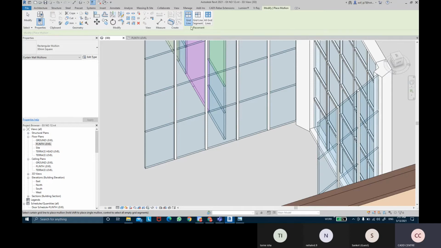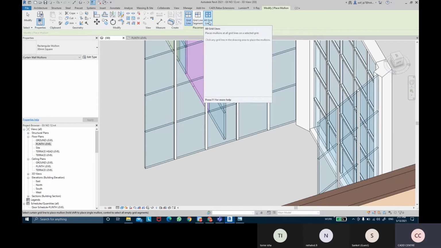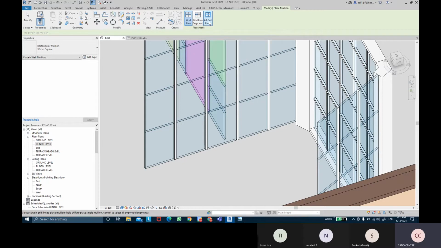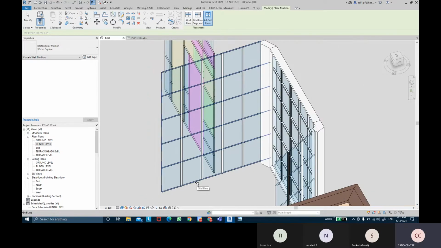So now there is an option over here for placement. Do you want it on the entire grid line, on a grid line segment only, or do you want it on all your respective grids? If I take all grid lines, it will be added everywhere, meaning every grid would have that similar type of mullion.